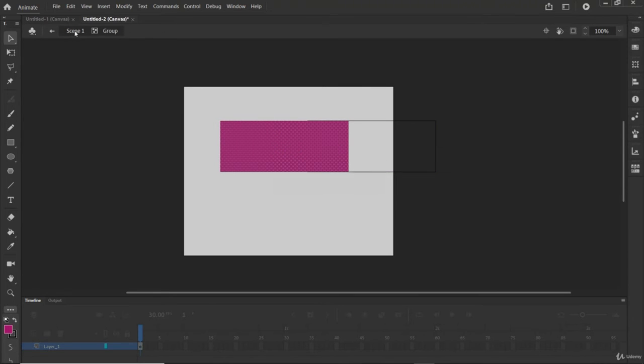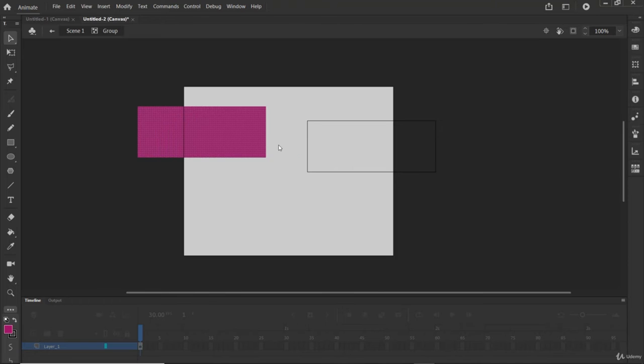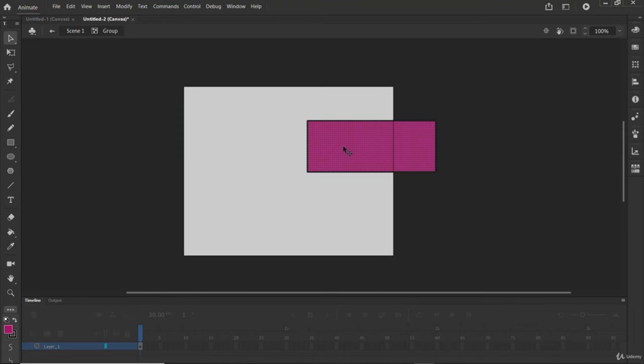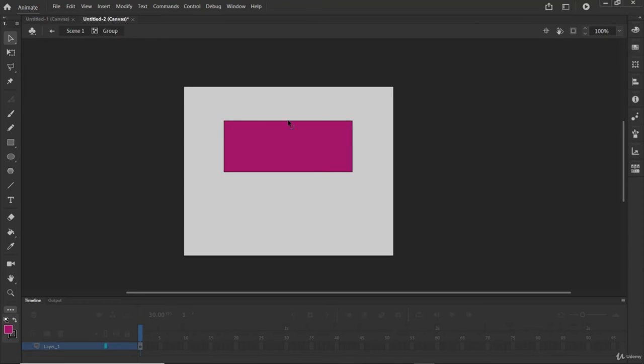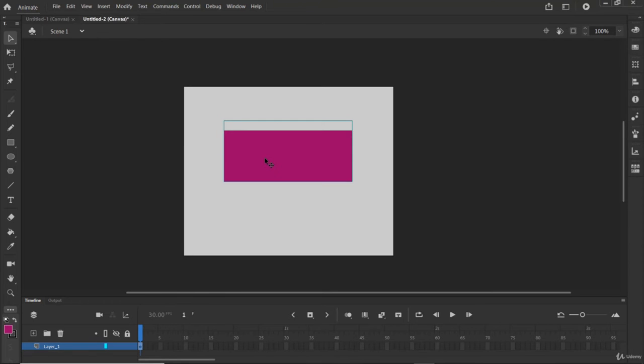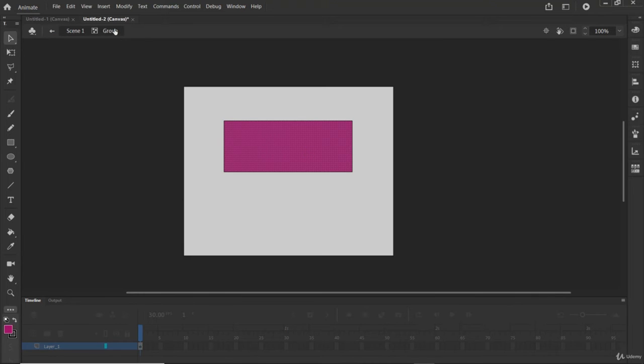As you can see, we are in the scene. Let me undo everything. When we are in a group, you can move around. If you want to edit this shape, like removing strokes and fills, you have to double click this group.